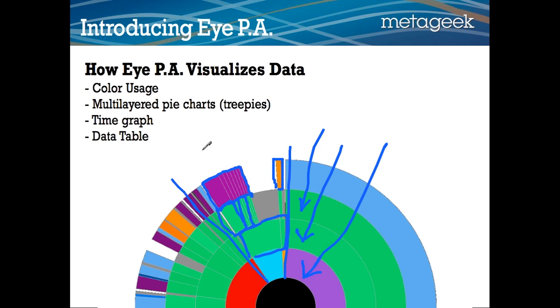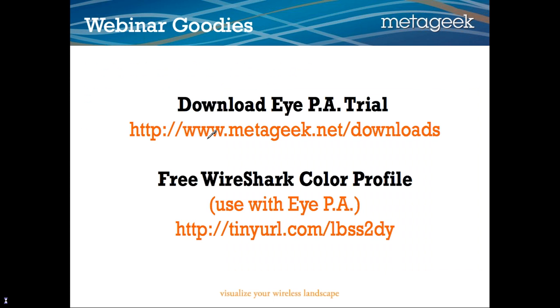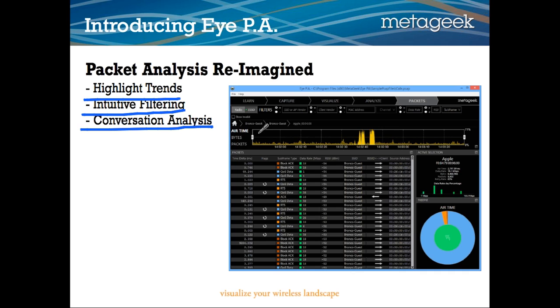So we can see exactly what's going on. We also have a time graph to show you how much of the airtime was used over time, and we also have awesome data tables all over the place that you can export for use in other tools. We have tried to reimagine packet analysis with Eye P.A by highlighting trends, giving you fast and intuitive filtering, and awesome conversation analysis. So what I want to do now is let's go ahead and jump into a live demo